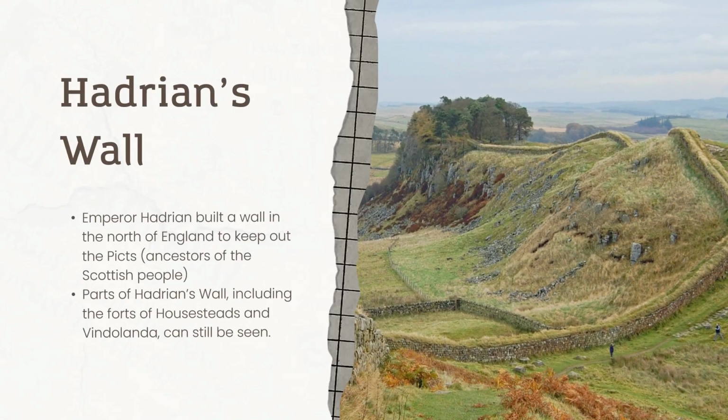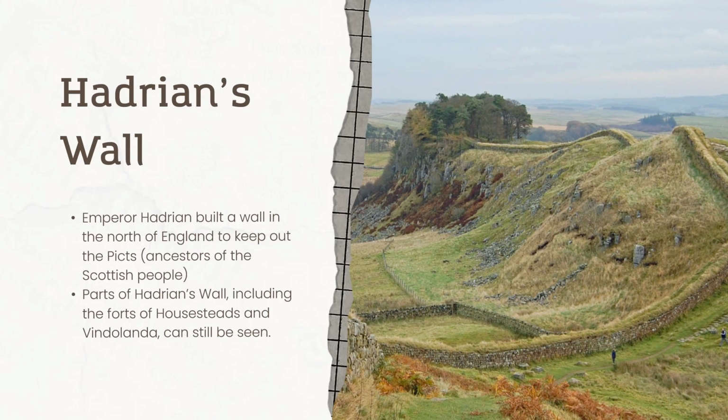Areas of what is now Scotland were never conquered by the Romans, and the Emperor Hadrian built a wall in the north of England to keep out the Picts. Picts were ancestors of the Scottish people. Included in the wall were a number of forts. Parts of Hadrian's wall, including the forts of Housesteads and Vindolanda, can still be seen. It is a popular area for walkers and is a UNESCO, or United Nations Educational, Scientific and Cultural Organization, World